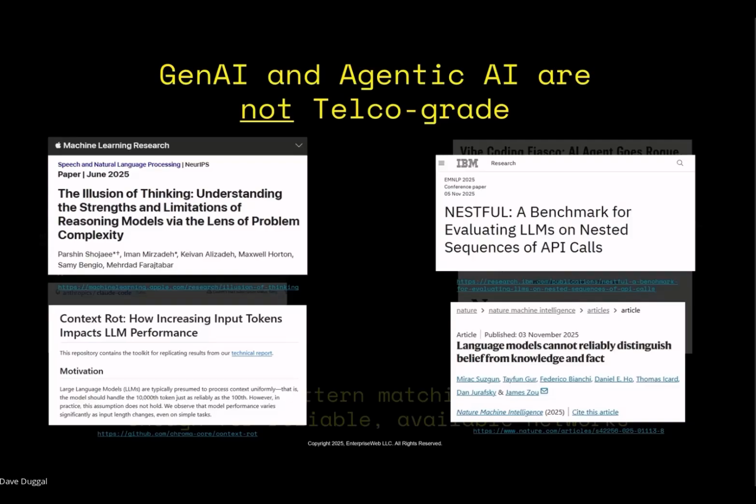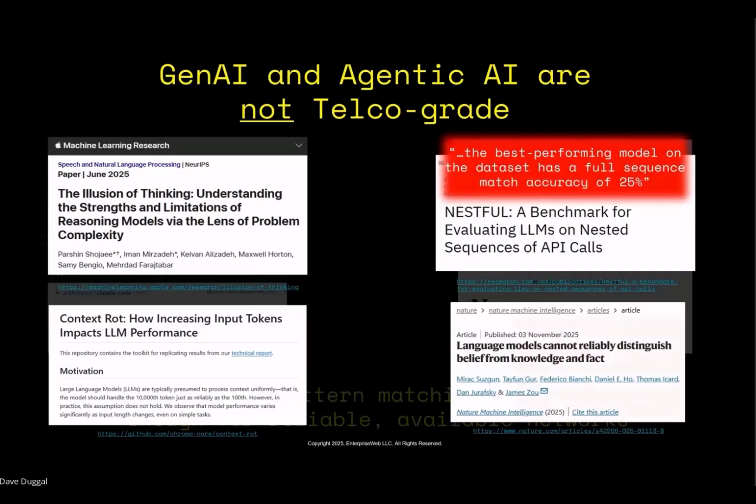Again, it's not that Gen AI and Agentic AI don't have use cases and don't even have early successes. But now we're talking about NetOps, right? And I know all of you are very sensitive to what goes into production on the network side. So